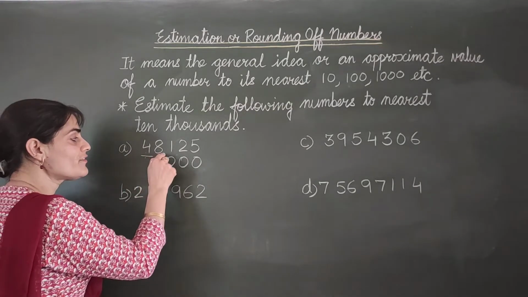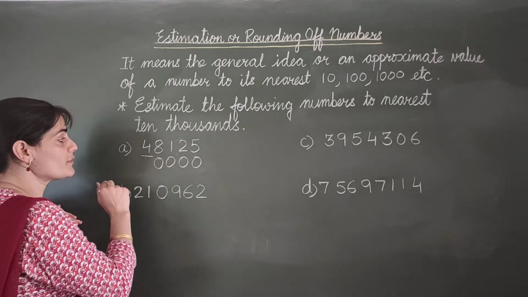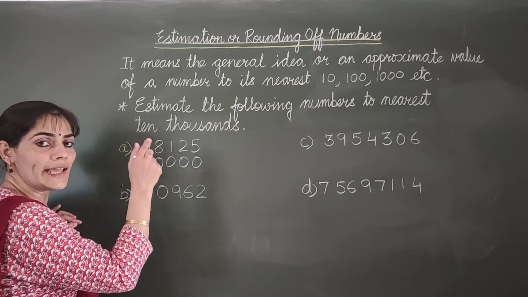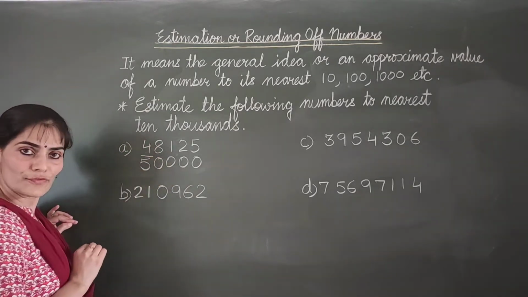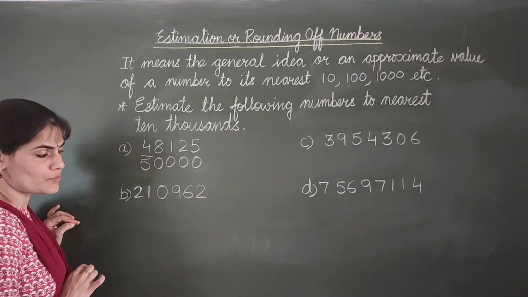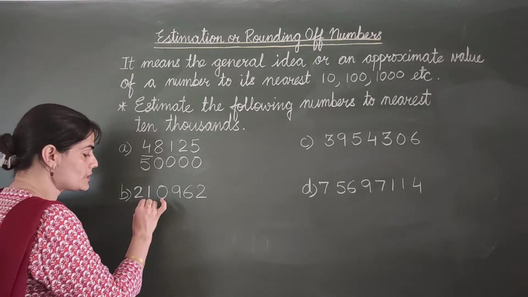So what do I find? This digit is more than 5. So if it's more than 5, we will have to increase the digit at 10,000s place by 1. So 4 plus 1 gives us 5. This number is rounded off to 50,000. Again, in this number, I underline the digit at